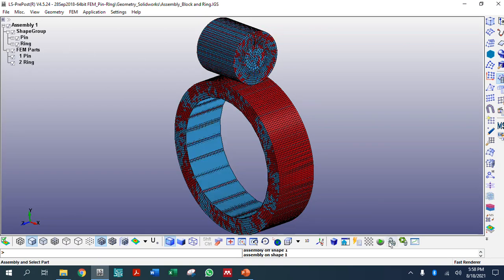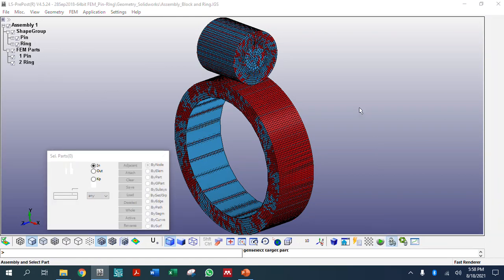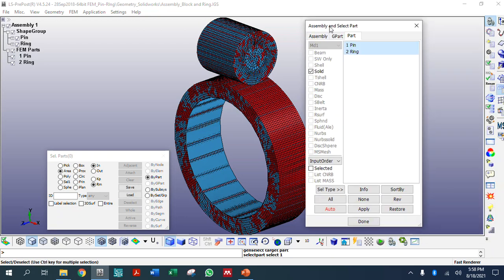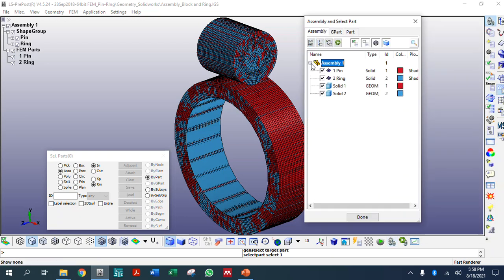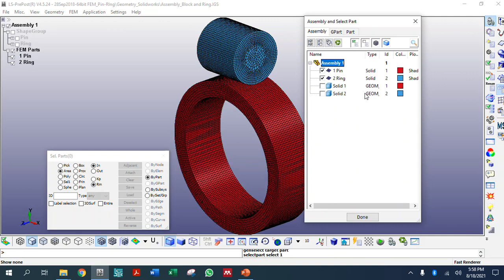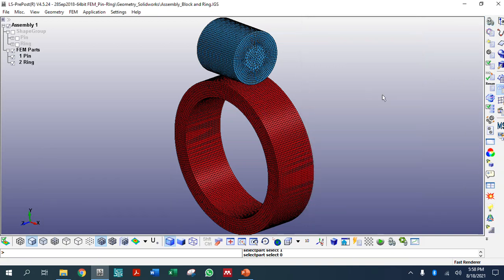Or if you want to untick this button, you can go here to assembly and part, and then click here. You go to assembly and click here. You can untick this button for geometry, since this is the geometry from SolidWorks, and the top two here are the pin element, the meshes. So now it's okay, meaning it is the same. You can click here or there. So now next is we